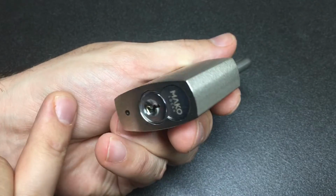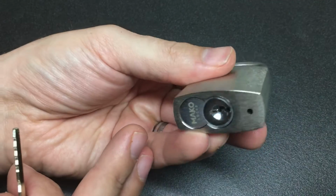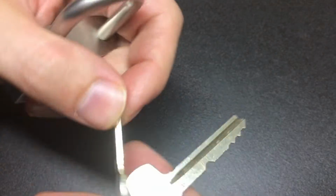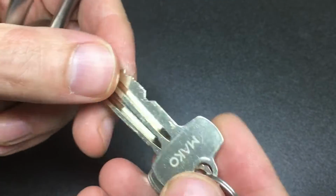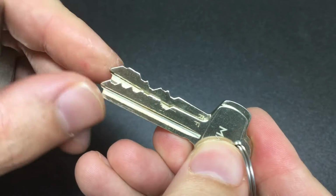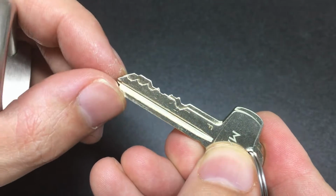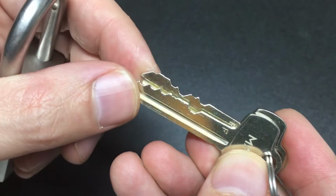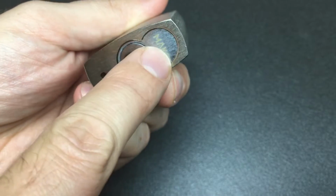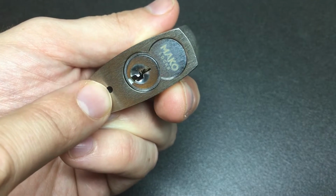So this is a 6-pin core, like I said. This body will take the 7-pin Best cores as well, if that's your preference. But it's kind of cool. Let's just look at the different bittings on the two types of key here. So what we have is a control key at the front, and you can see that the bittings are extremely different. Why is that? Well, the key pins, of course, are present, but you also have two driver pins, essentially providing two different shear lines inside the pin chambers,